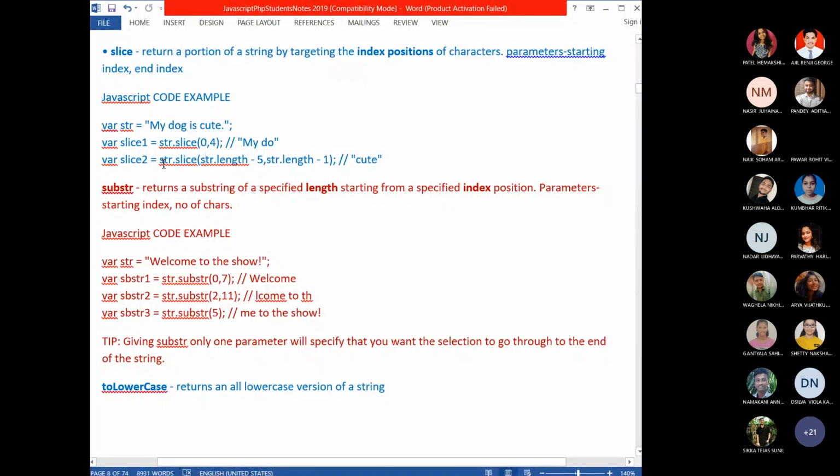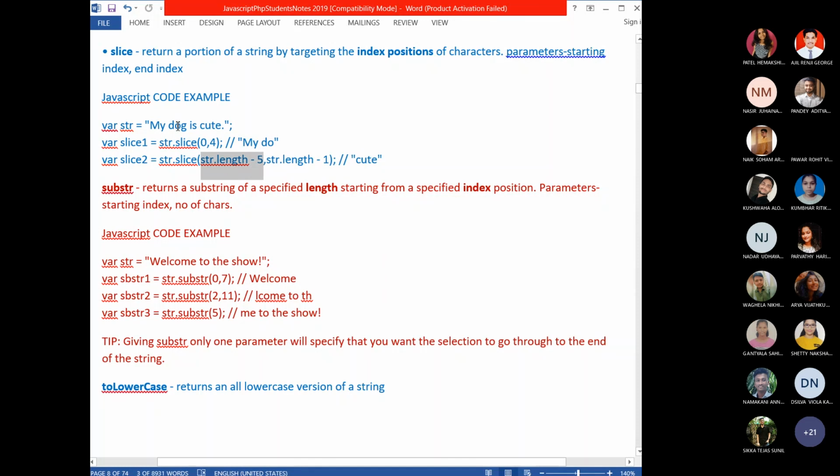Here, see str.slice. This entire thing is the first parameter, because after this comes the comma. And this is the second parameter. What is the first parameter? Anyway, it is an index only. But what is the number? str.length minus 5.